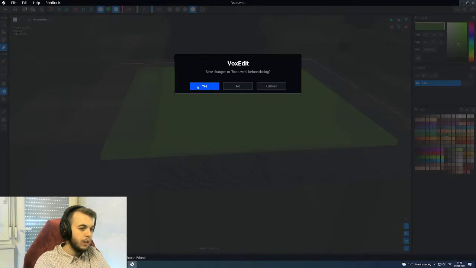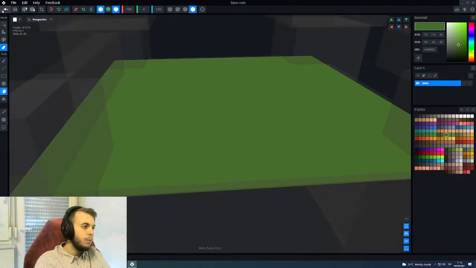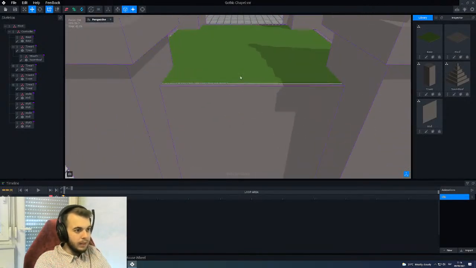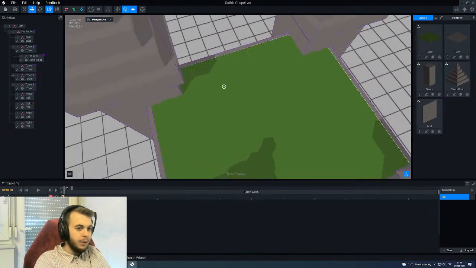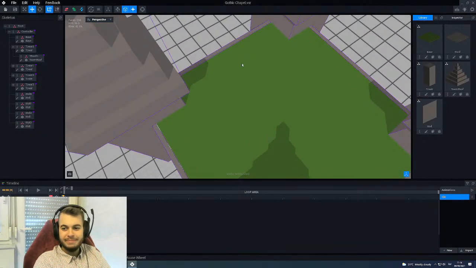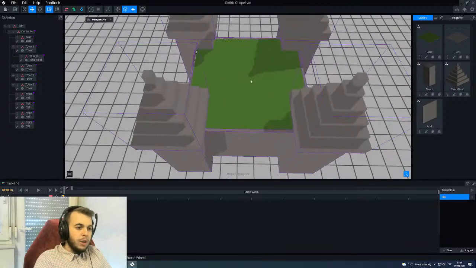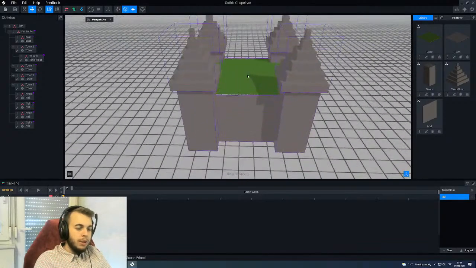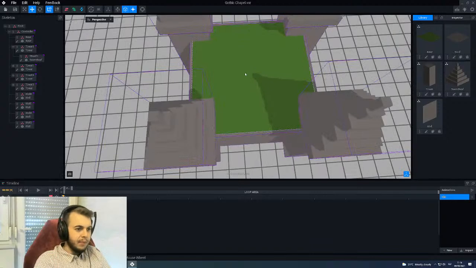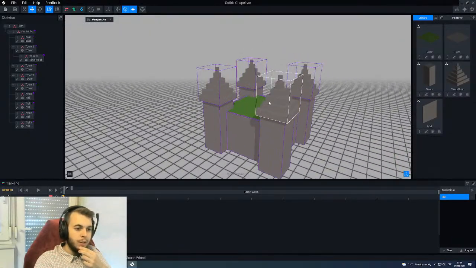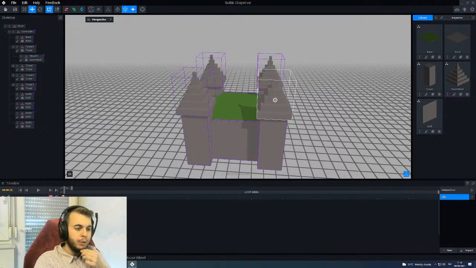So let's check it out again maybe. And let's also trim the volume so we don't forget about that. Okay, so well, there we have our roof. And then maybe we can also try to figure out how this middle part would look. So let's see. I guess the easiest way would be to maybe just make it into some kind of a pyramid shape, like what we have for the roofs, because